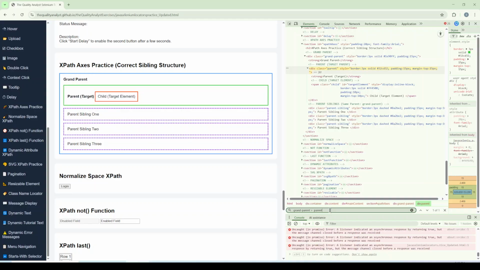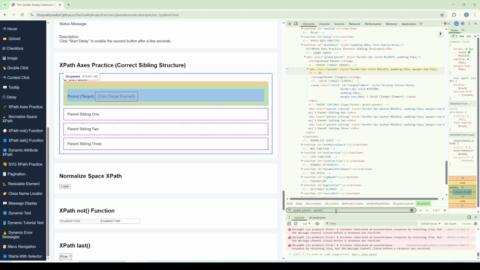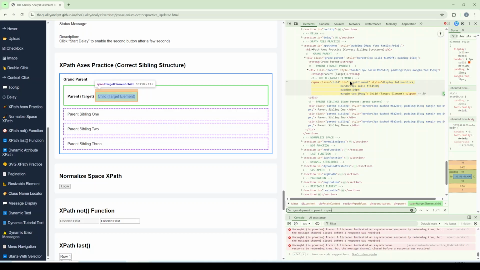Now we need to go to the child. For child we have a span tag, so we can simply use span here. And then we are able to locate this element. So this is one way. And if you want to go with the unusual way, then